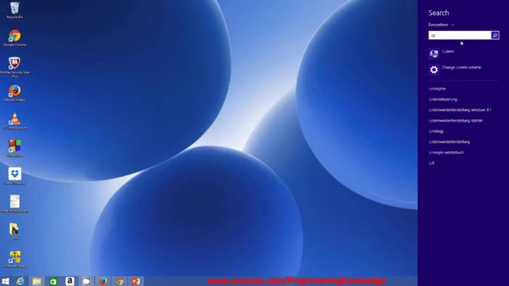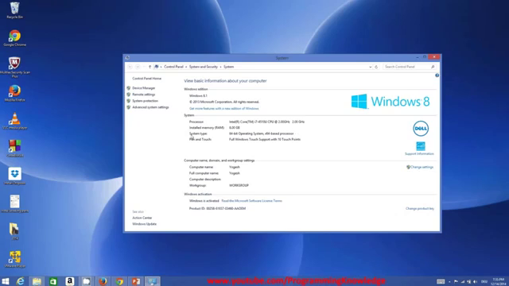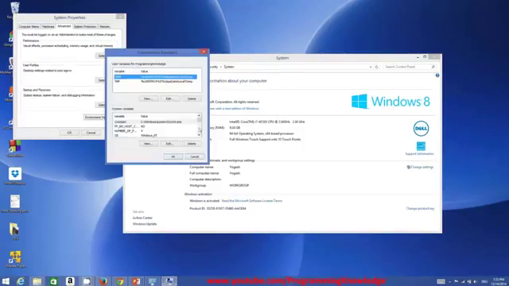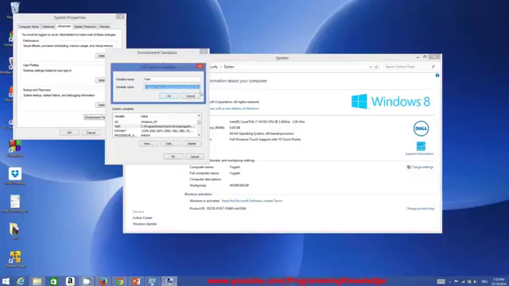If you are on Windows 7 or Windows XP, you also need to search for system in Control Panel, and then go to advanced settings, and in here go to environment variables. In environment variables, in system variables, you will be able to find a variable called Path. You just need to double click this Path or click the edit button, and in here you will be able to see variable name is equal to Path,